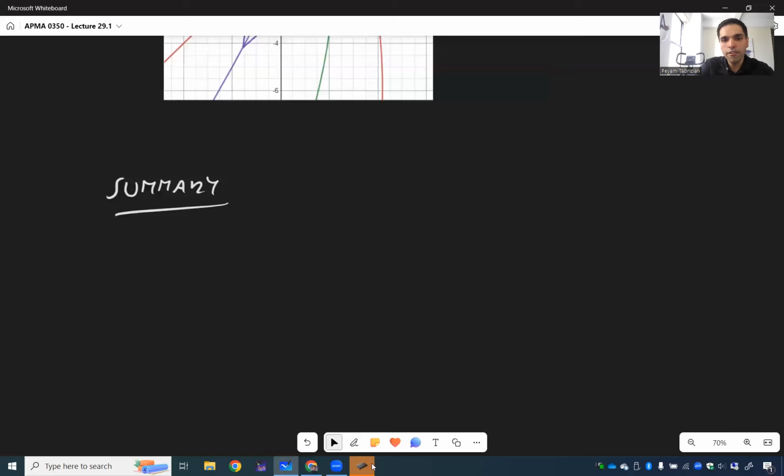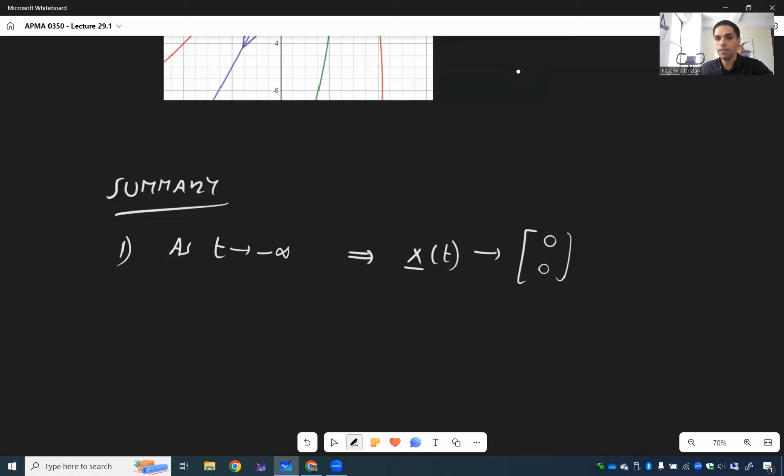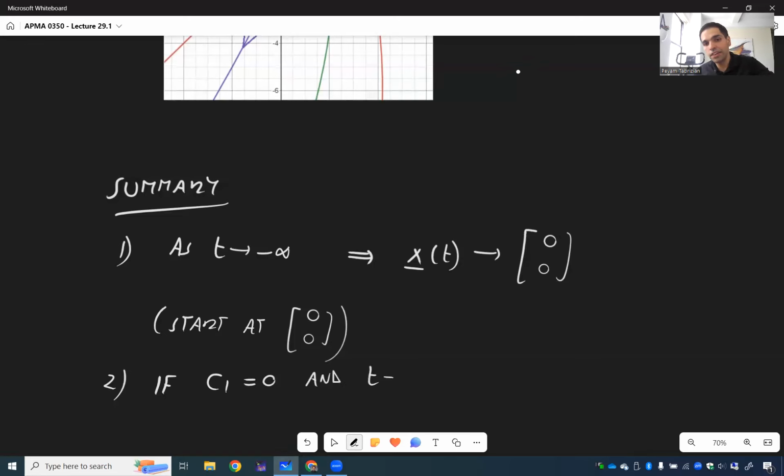So, summary. First of all, again, you do the orientation check, and then as t goes to minus infinity, we have x(t) goes to 0, 0. That's one thing. So really, they start out at 0, 0. And then the second thing is, if you're on the axis 0, 1, so if C1 is 0 and t equals 0,